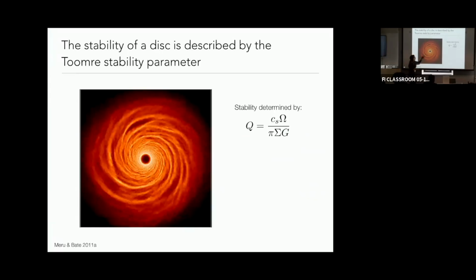Interestingly, that paper was not about protoplanetary disks. That was actually about galactic disks, and it was talking about the stability of stars in a galactic disk. What you have is this Toomre parameter, which is Q, and that is dependent on